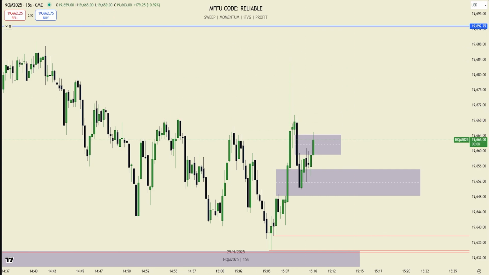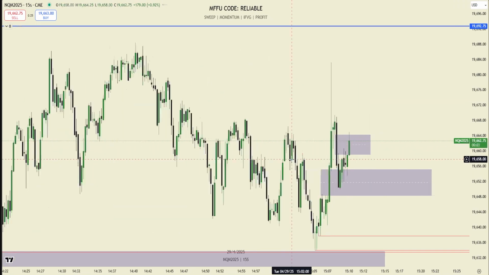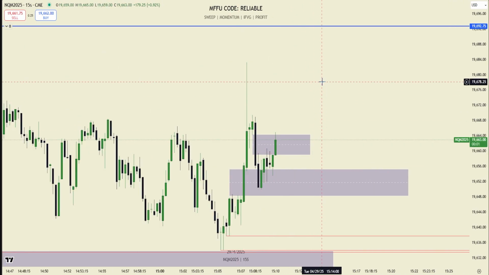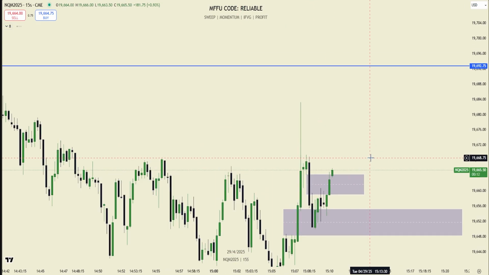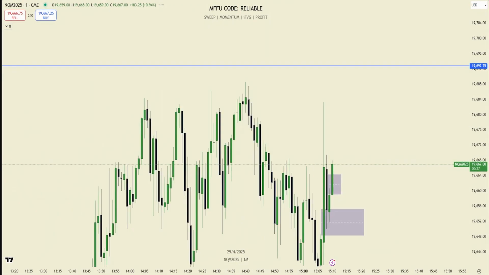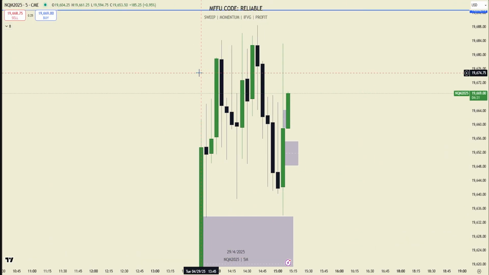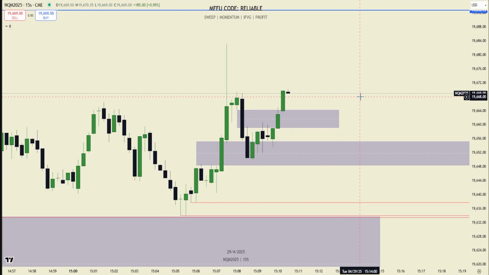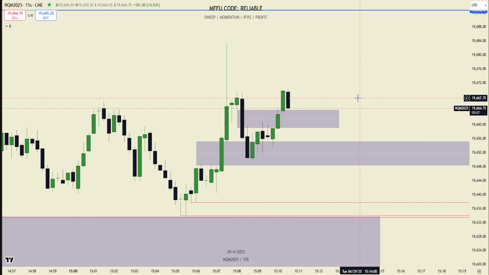Looks like we might get a 15-second long here. Honestly, when we've been trading in this chop for this long, I need more confirmation than just a 15-second setup. So it looks good, but yeah, I'm just going to wait. I'm not forcing anything this PM. If you look at the 5 minute, why force something in this price action? We know we can get way better price action if we just wait. There's the 15-second inverse. It's invalid, so not even a valid setup. We hit the high first.